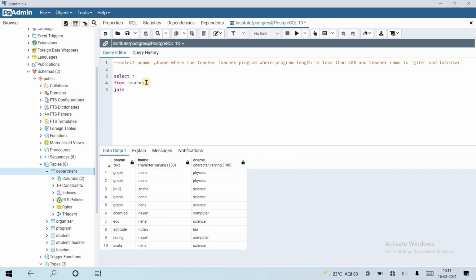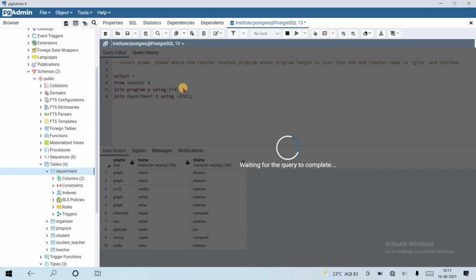Join which table: program, suppose alias p, using the common column tid. Okay, teacher as t. Again join for department, the common table is department as d, the common column is DID, and that's it. We have joined the tables.